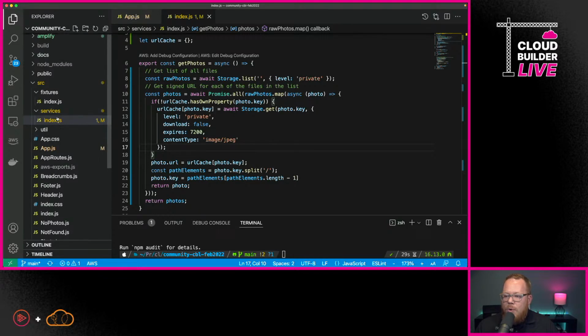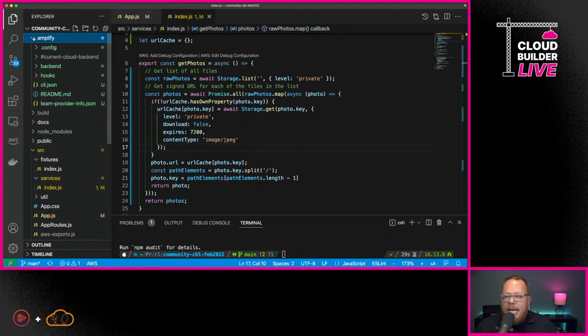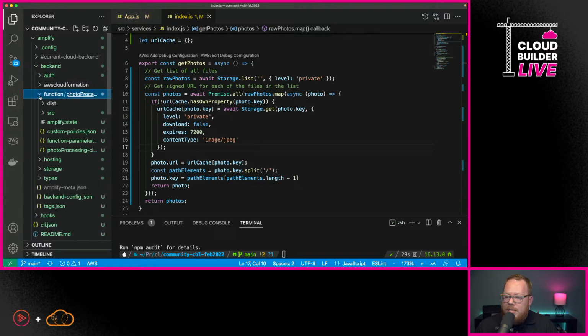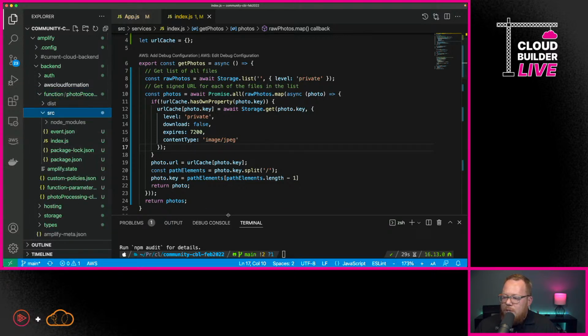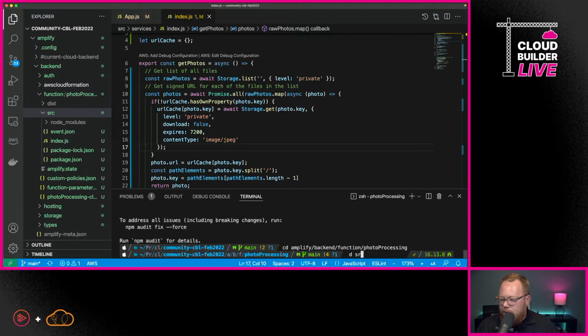In this case, we're not going to be looking just yet at anything within the React application. We're going to go under this Amplify directory that we haven't touched yet. So here within this Amplify directory, I'm going to go under Backend, and then under Backend, I'm going to go under Function. And here is where we can see our photo processing function. And there is a source directory in here. So with this, I'm going to change into that in this terminal as well. So we'll go under Amplify, Backend, Function, and then Photo Processing. The next thing, I also need to go into the source directory.